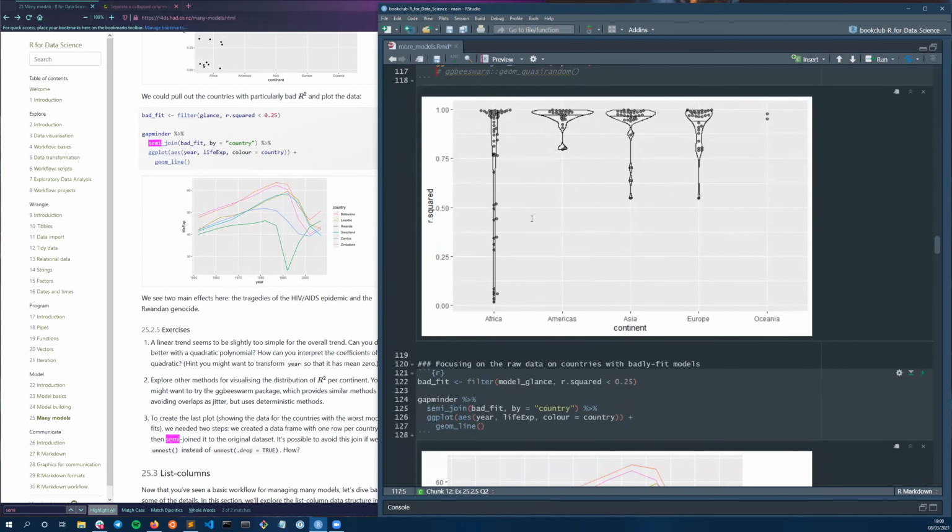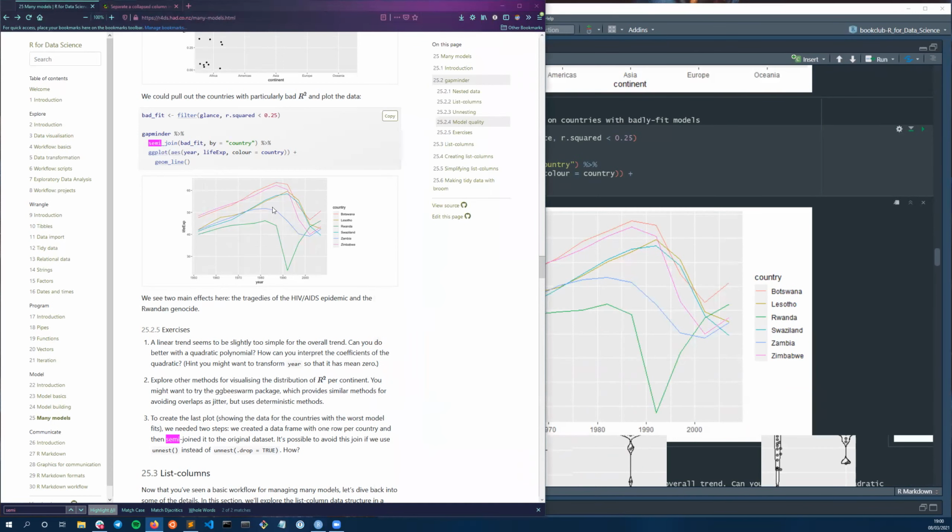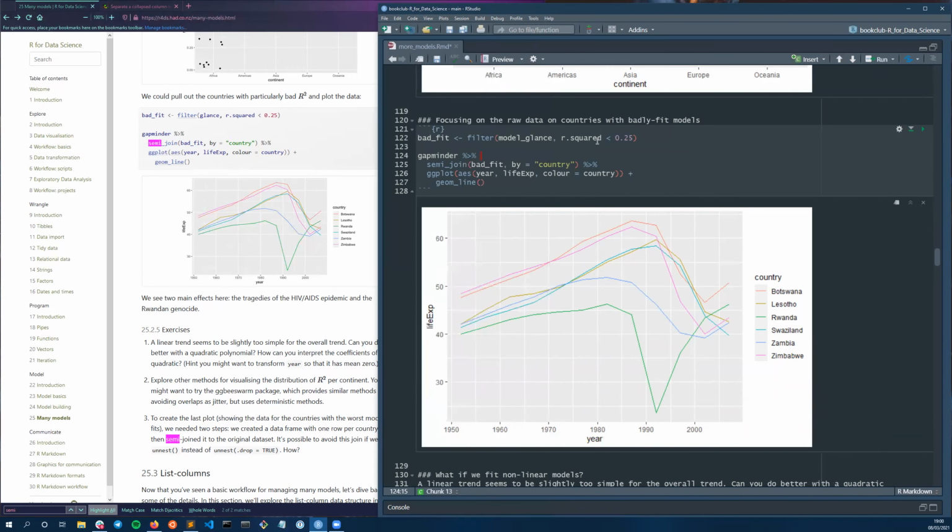And the third question was to create the last plot here. We needed two steps. We created a data frame with one row per country and then semi-joined it to the original data set. Is it possible to avoid this join if we use unnest instead of this? Yes. So bad fit, as a reminder, was the models where the r squared is less than a quarter. And if we look at this data,